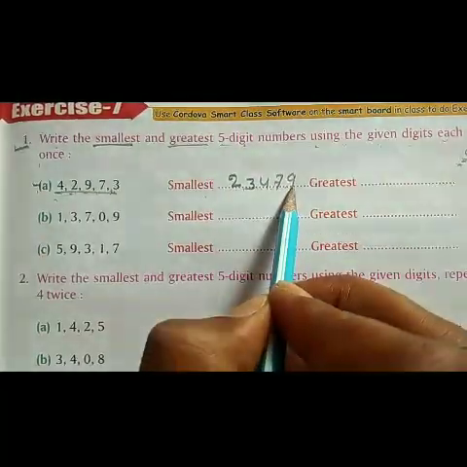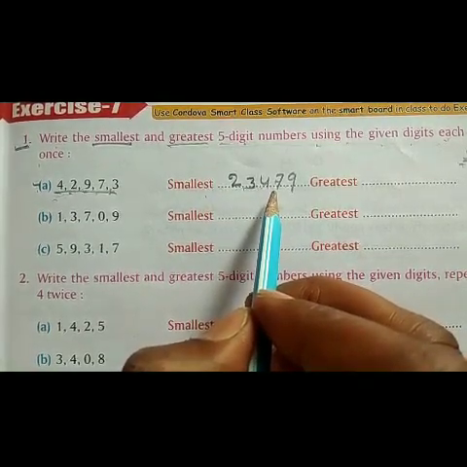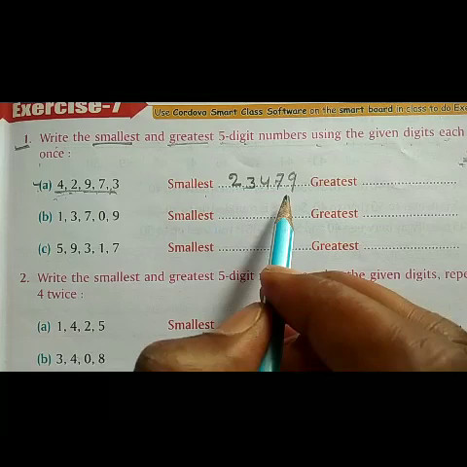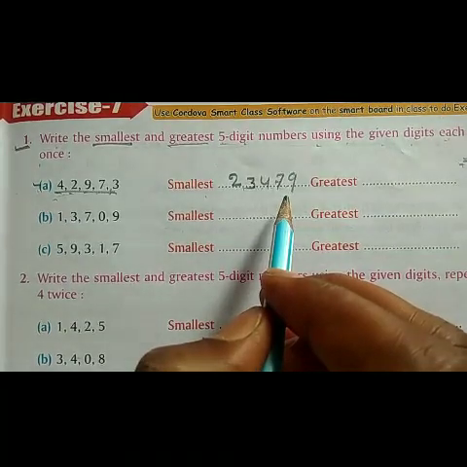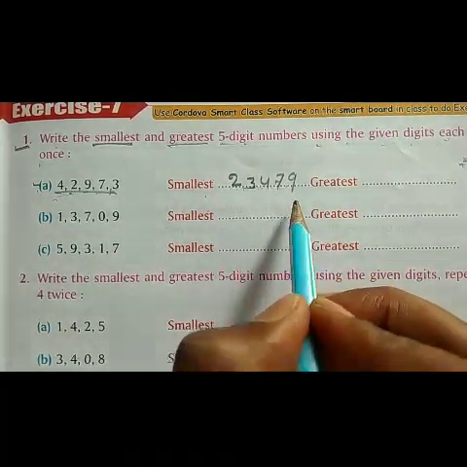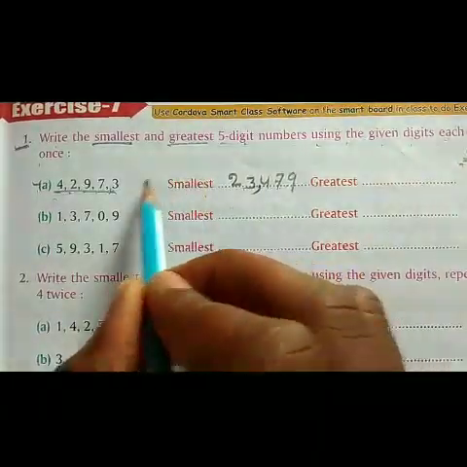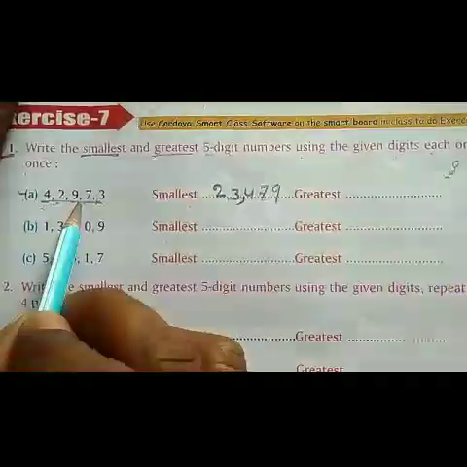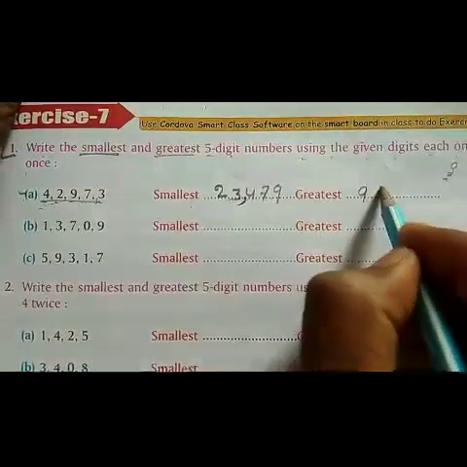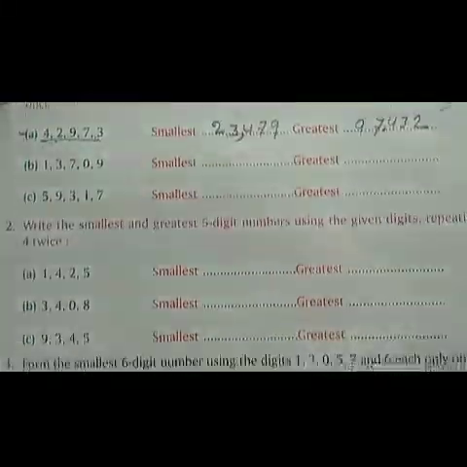If you want to place the commas according to the place value chart, according to the Indian place value system or international place value system, you can place. The Indian place value system tells ones, tens, hundreds, place the comma here, 10,000, and if the series is long, then place the commas in proper manner. Greatest number, place these digits in the descending order. First of all, 9, 7, 4, 3 and 2. Ones, tens, hundreds, thousand, 10,000. This is 97,432.